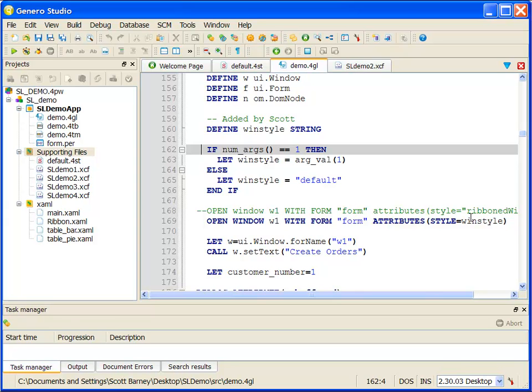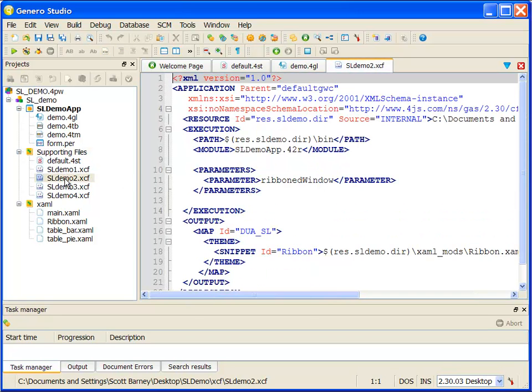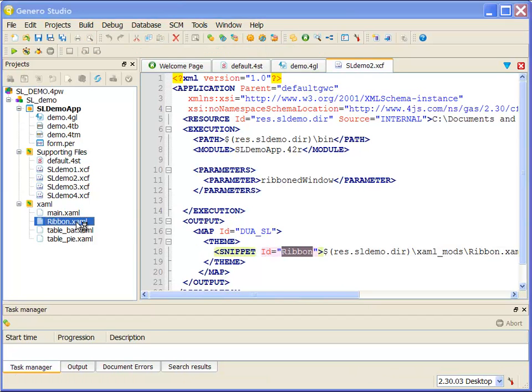Now, where am I going to pass in this parameter? You can pass it inside of your XCF file. Inside of my sldemo2.xcf, you'll remember previously I just had a module name and a path. I've now extended it. I've added a parameter, known as ribbon window, which is a style name that's going to be applied to my window. In addition, I've added an output section that is including a new snippet, and that snippet is a ribbon. And so my ribbon,